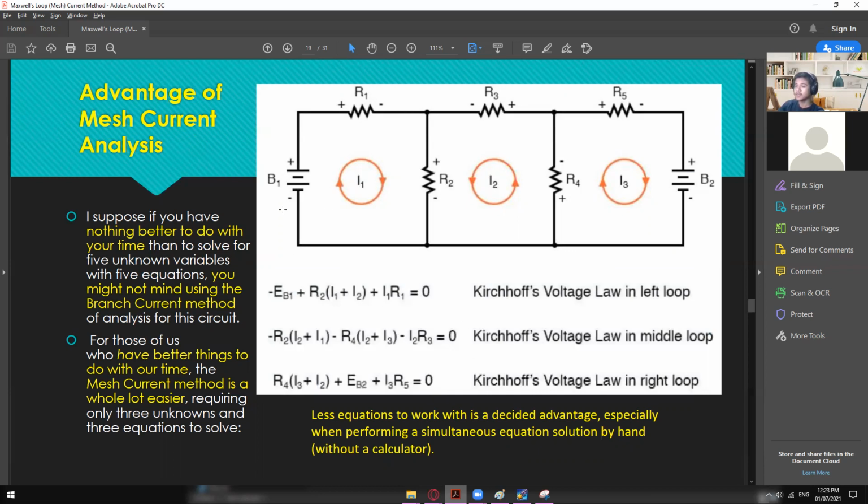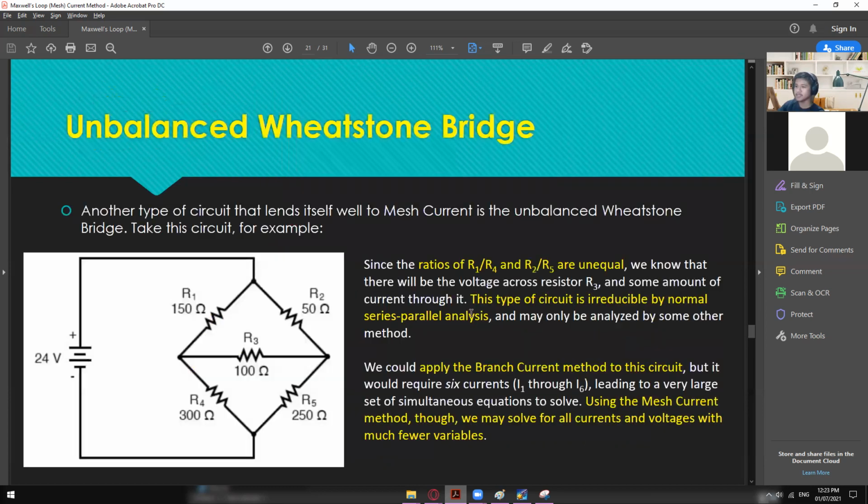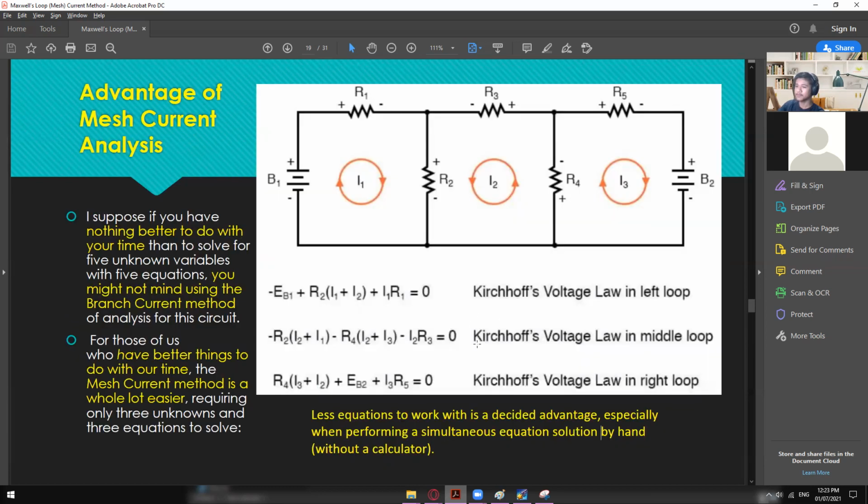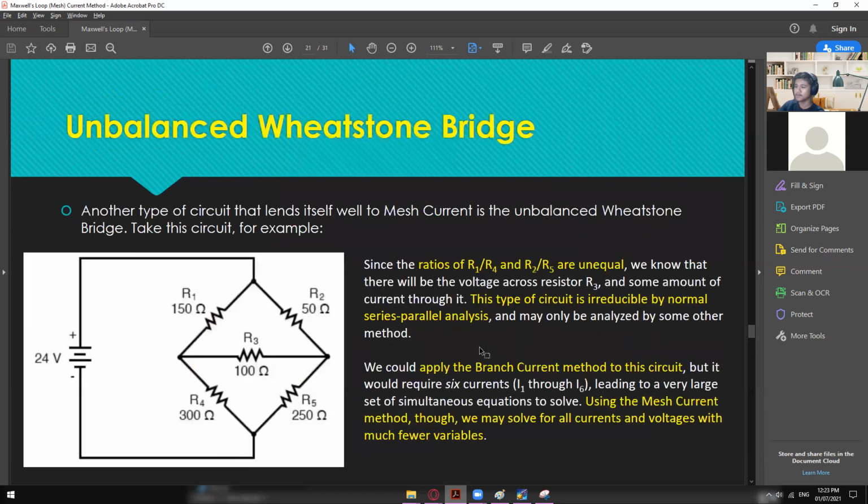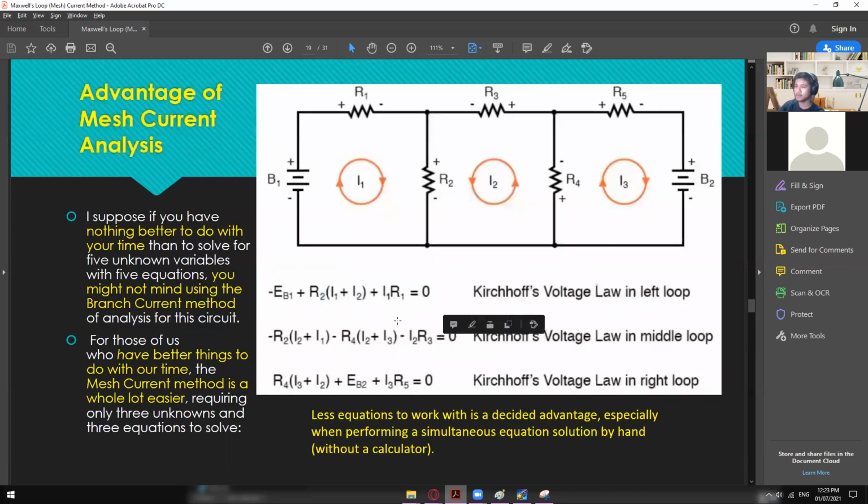Okay, so let's analyze this one. I think we don't have a solution for this one. But anyway, let's just analyze how we came up with this kind of equation, so that you guys have an idea how we came up with this one and that one. Okay, so let's start with loop number 1. The one that we've used is the entering polarity, so negative EB1, and then positive R2 times